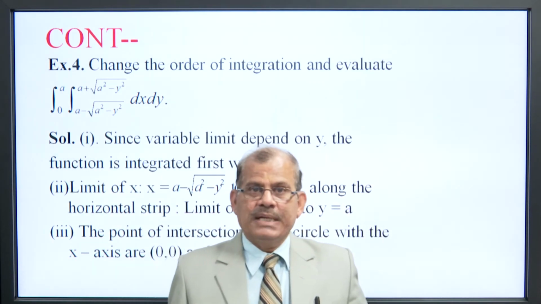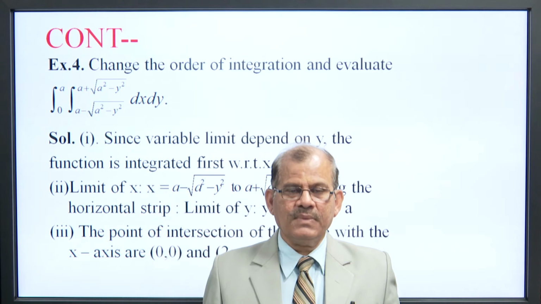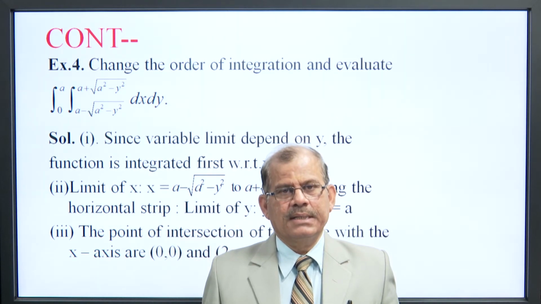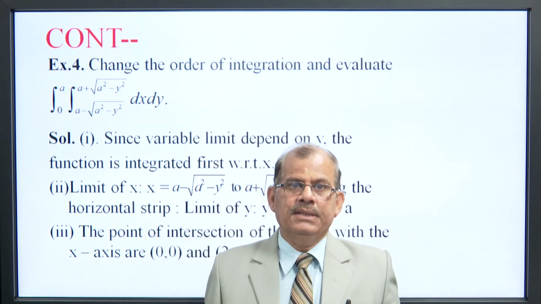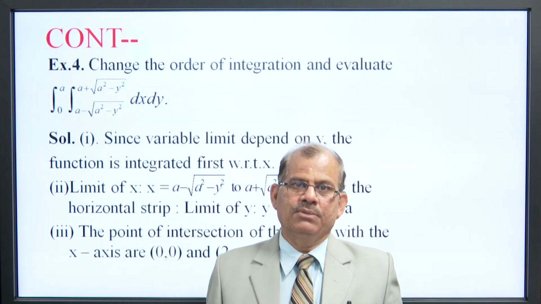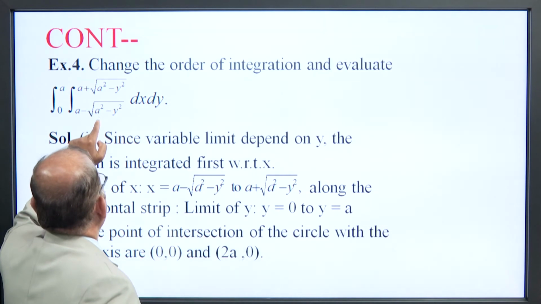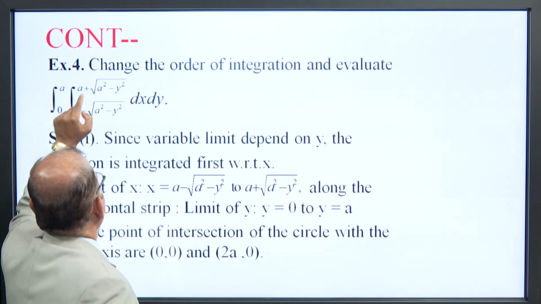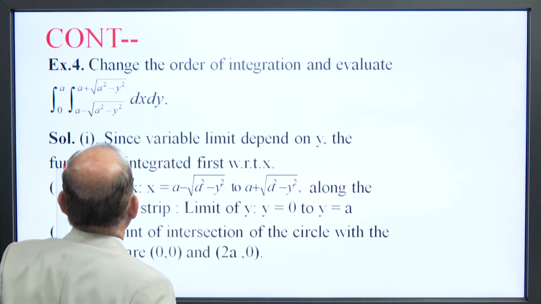Next example: change the order of integration and evaluate the integral over 0 to a, where the lower limit is a minus under root a square minus y square, and the upper limit is a plus under root a square minus y square, dx dy. Since it contains variable limits in y,